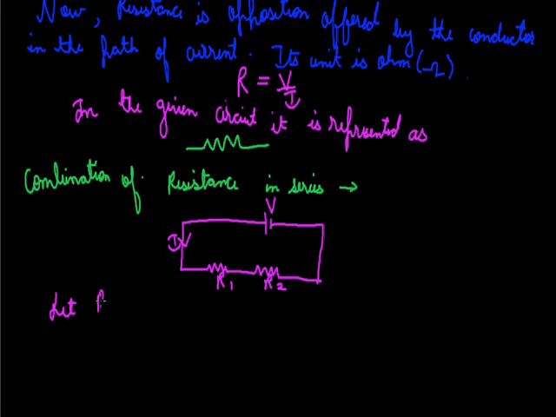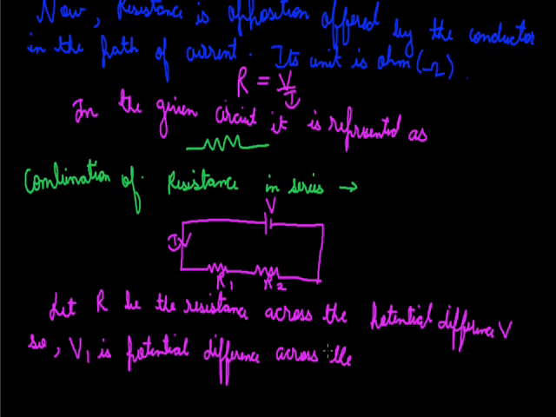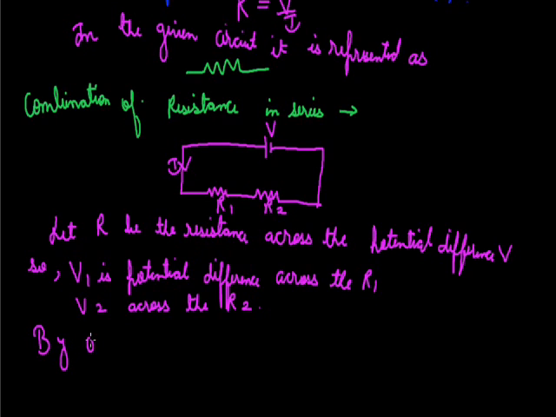Let R be the resistance across the potential difference V. So V1 is the potential difference across the resistance R1 and V2 across the resistance R2. By Ohm's law,